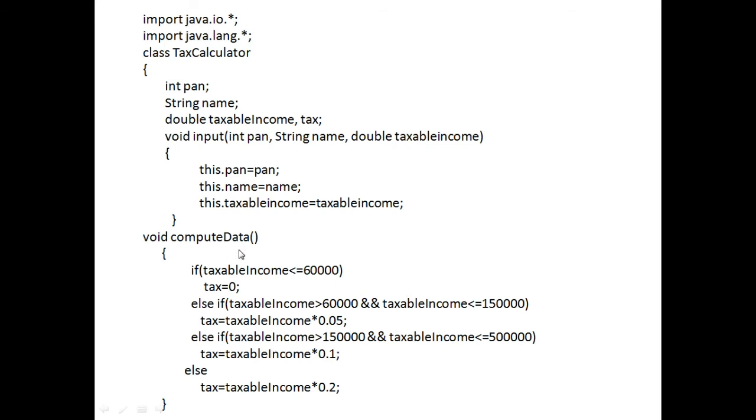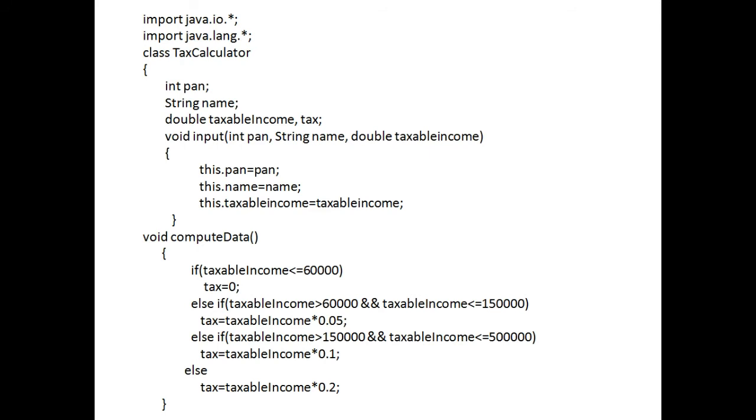Then we have void compute data. As per the rule, you have seen the table, so you come to know that we have to use if else conditions. If taxable income is less than or equal to 60,000, tax is 0, no tax, and above 60,000 and up to 1,50,000 it's 5%. So 5% means we can write 5 divided by 100, which is 0.05, multiplied by taxable income.